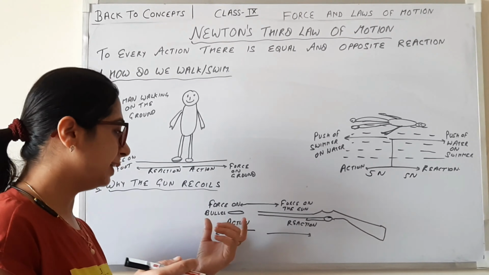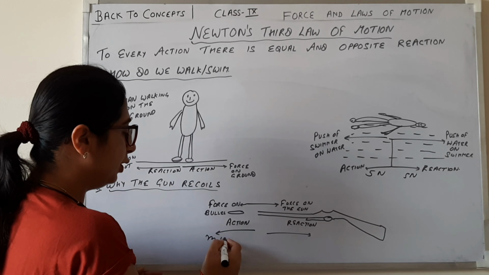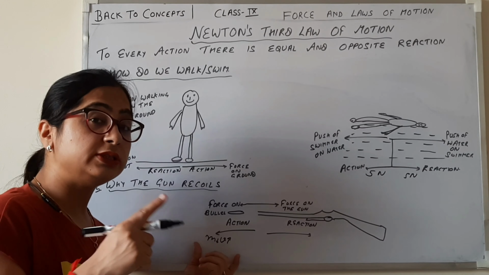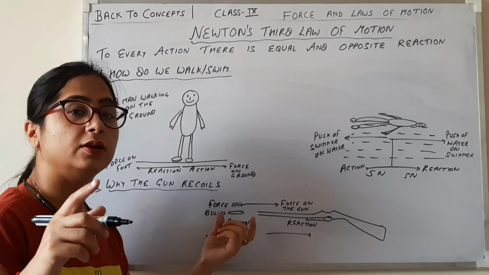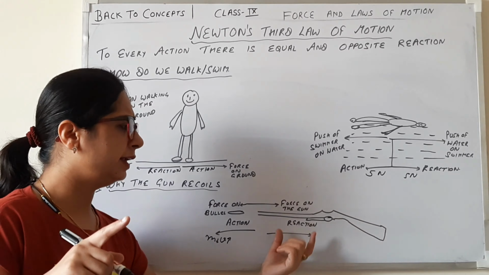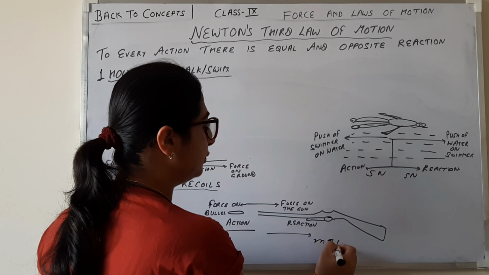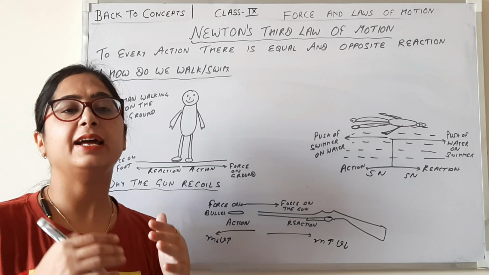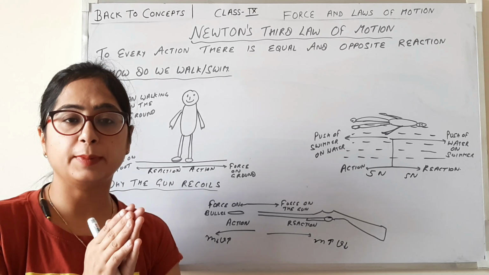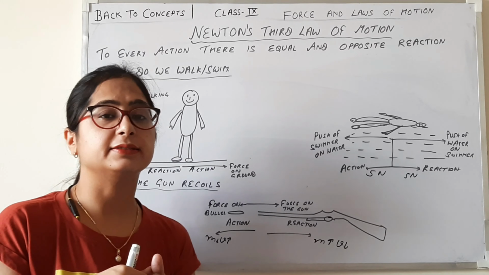As discussed in this example, the mass of the bullet is very small, so its velocity is very high. So we can say that there is a larger change in velocity, and the bullet moves with greater acceleration. Here the mass of the gun is higher, so its velocity is lower. So what's the conclusion here? The bodies accelerate according to their mass. The higher the mass, the lesser the acceleration. The lesser the mass, the greater the acceleration.